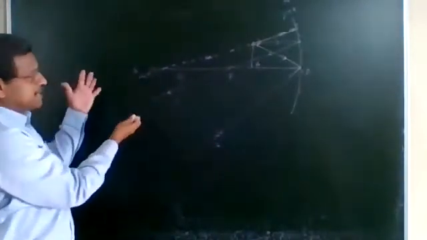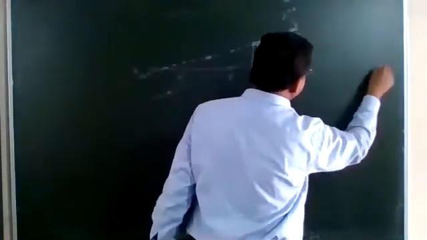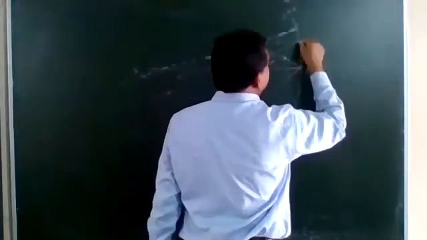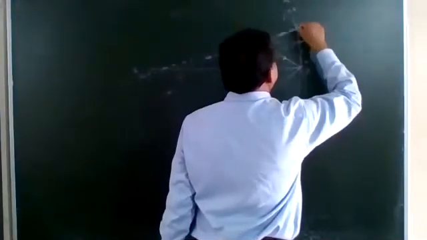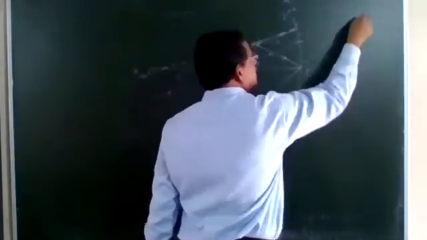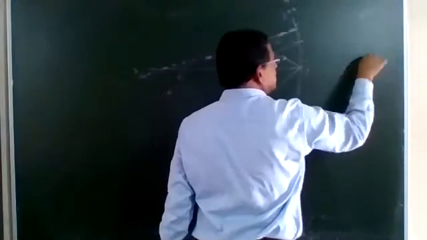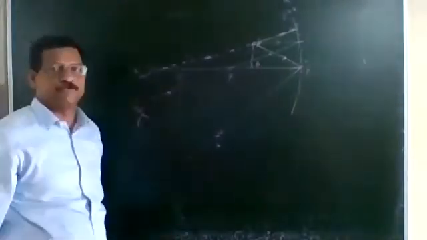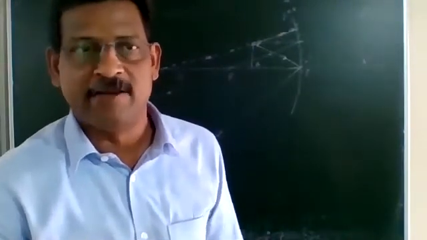First and second, they are not coming and meeting on that side. But if we extend them back, they appear to come from that point here. So here we get the A dash B dash image. If we are standing on the left side, for us it appears to come from A dash B dash. So A dash B dash is the virtual, erect and magnified image of the object which is placed between pole and focus.